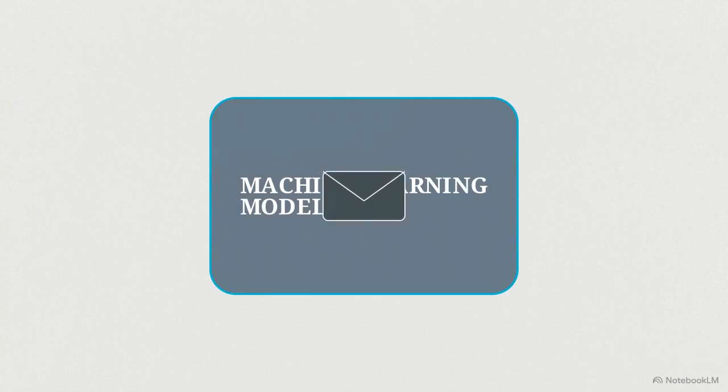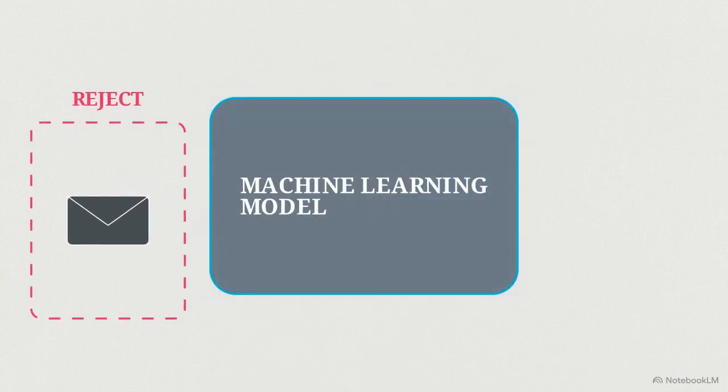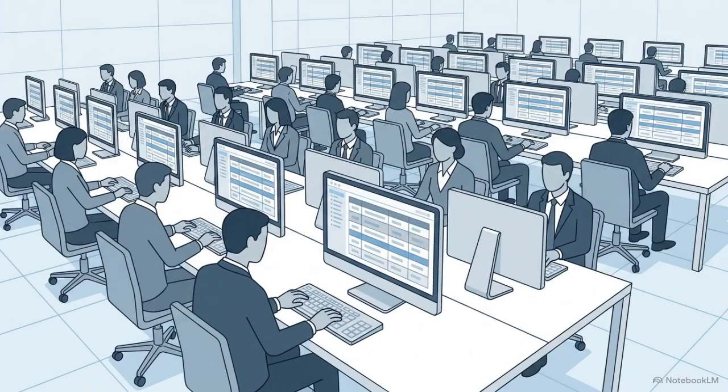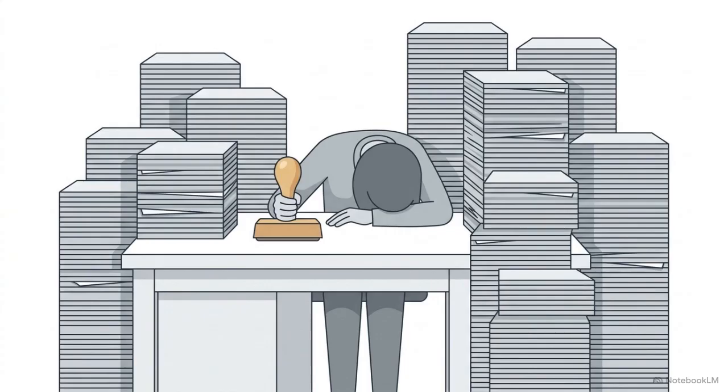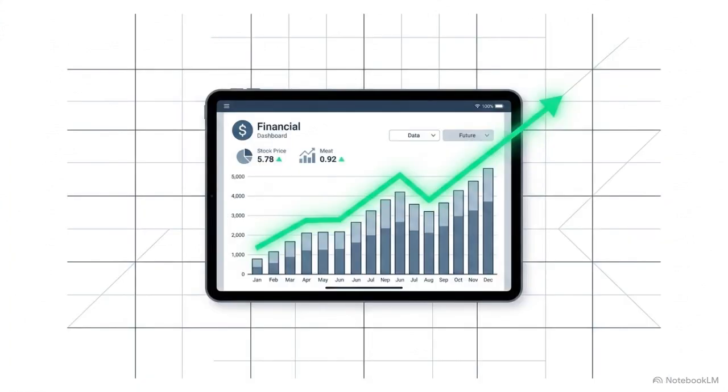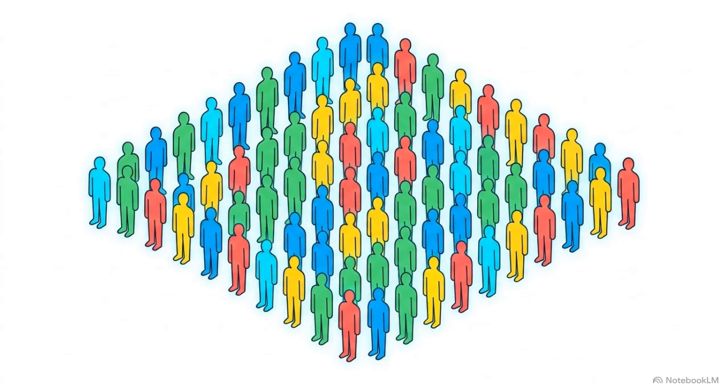This makes the model highly accurate at predicting the correct result the moment a brand new, unseen email arrives in your inbox. The drawback is the setup. The entire system relies on humans doing the tedious manual work of providing millions of labeled examples beforehand. Supervised learning is an effective tool when a business needs a specific, repeatable prediction and has the human resources to provide the initial training data.